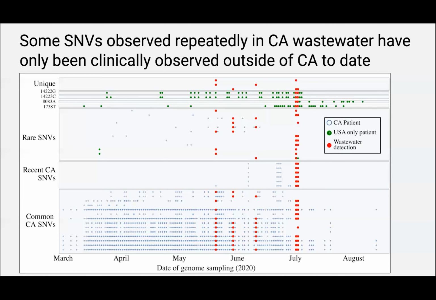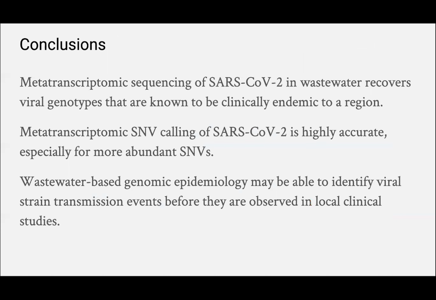These SNPs are likely real because they've been observed repeatedly in other states like Washington State and Michigan State, but haven't yet been seen clinically in California, but are coming up in our wastewater data. And so this leads us to some really important conclusions, I think. The first was kind of the validation that we were seeing. We were seeing that if we look at our variant alleles in wastewater, our genomes that we're getting of SARS-CoV-2,